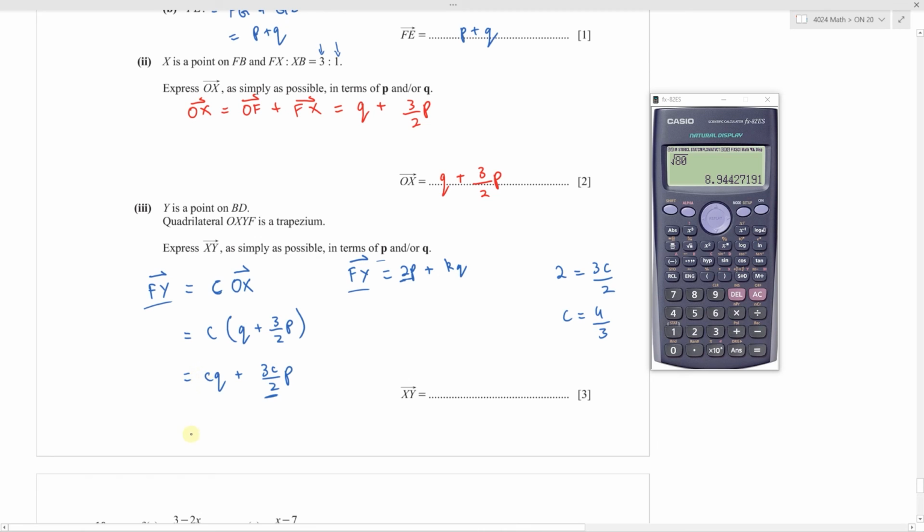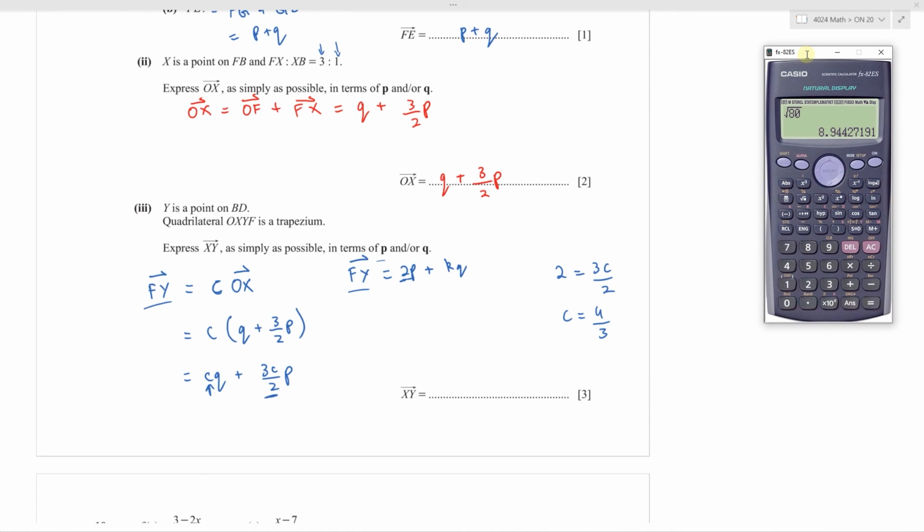So now you know that this is 4 by 3. Here the coefficient of Q is C, and here the coefficient of Q is K. So now we can actually find the value of K as well. So let's compare the coefficients of Q now. So this is K here. And what is the coefficient of Q here? C. So K is equal to